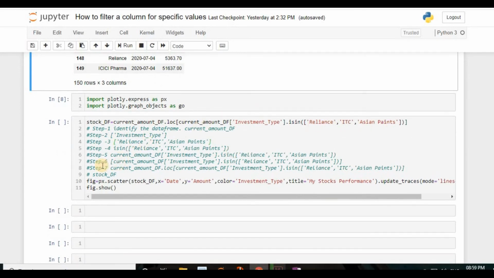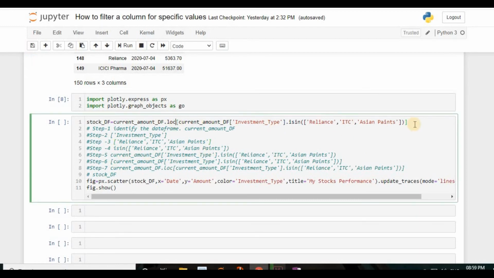Okay, and then what is my next step? I just keep each and everything in the square brackets. That's what I've done here. And then what is the next step explained here? After completion of this, I should again write the file name, dot, with the help of dot loc.